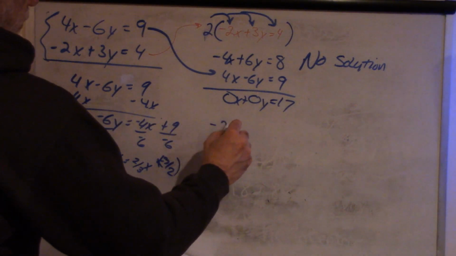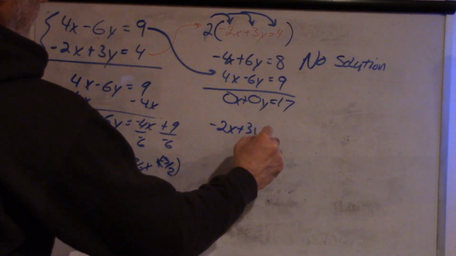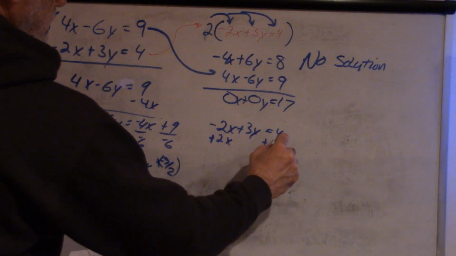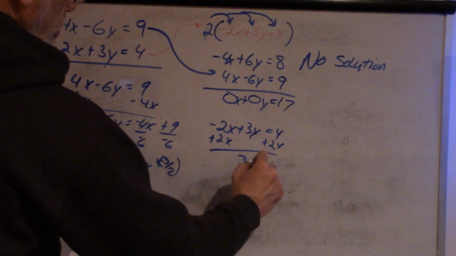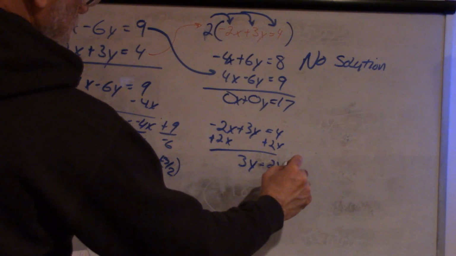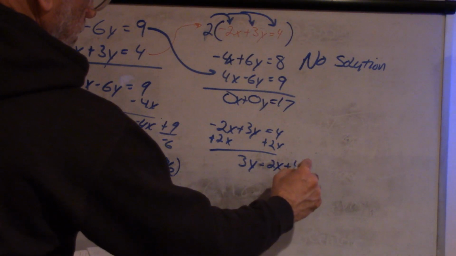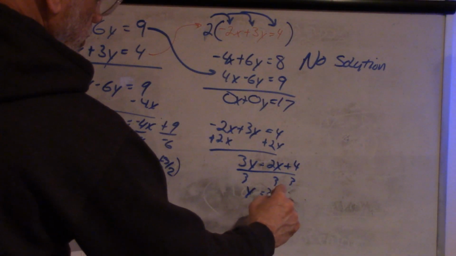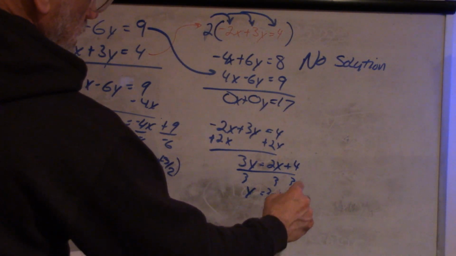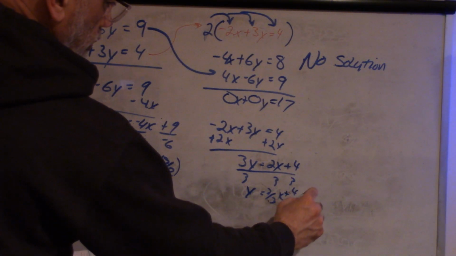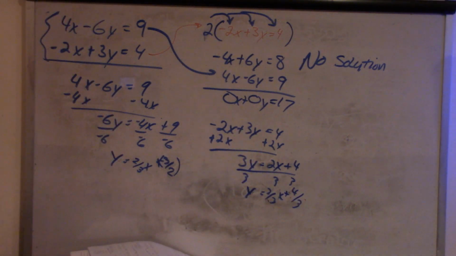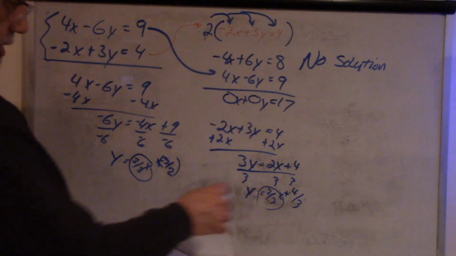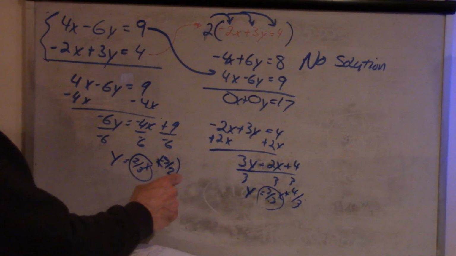Second equation, negative 2x plus 3y equals 4. I add 2x to both sides, we end up with 3y equals 2x plus 4. Divided by 3, and I get y equals 2 over 3x plus 4 over 3. So it's the same situation as the first example. We've got two lines that have the same slope of 2/3, but they have different y-intercepts, 3 over 2 and